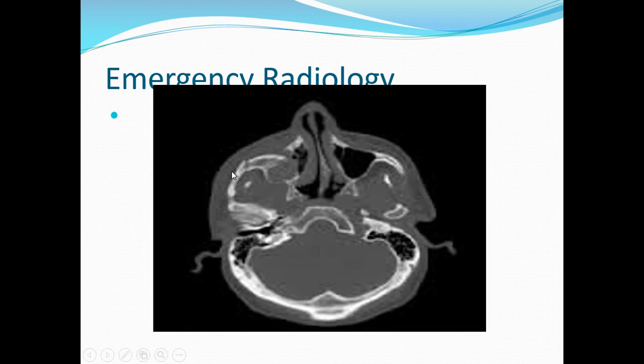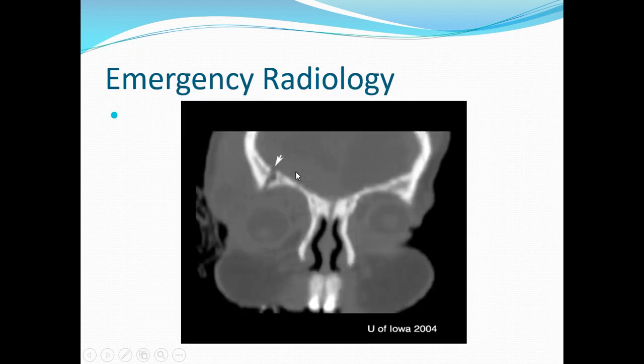Then CT scan brain is again very important because we have different tools with different windows, like the bone window. Bone window is very important in delineating a small fracture which is not seen on a simple X-ray, like this. You can see the fracture of the anterior wall of the maxillary sinus or floor of the orbit, and this is the zygomatic arch, and ultimately the opacification of the right maxillary sinus. So orbital blowout fracture is very common.